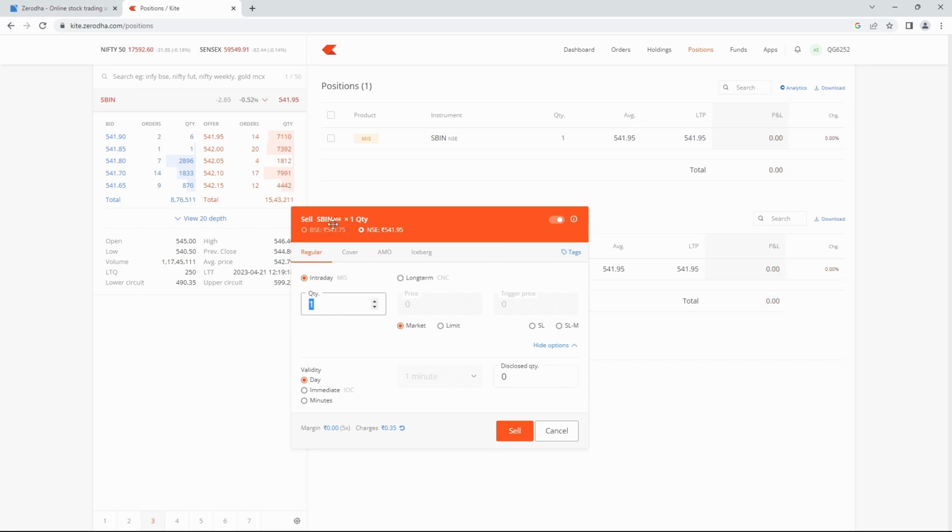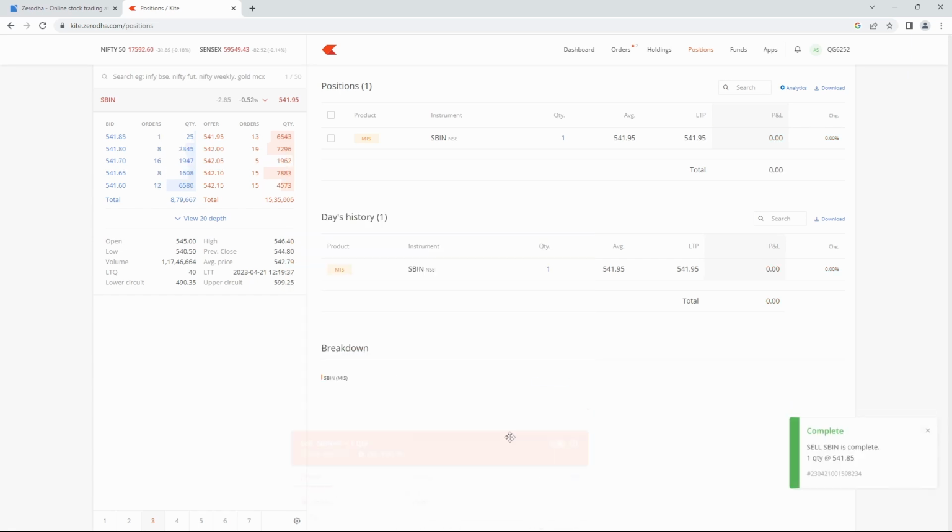Let's say if I want to short sell this, the concept of short selling is simple: you are selling this stock now and later you will be buying it at a different price. Or if I want to do this in a limit order, I can do the same. And if I want to place this in the market order, I can do the same by just executing this